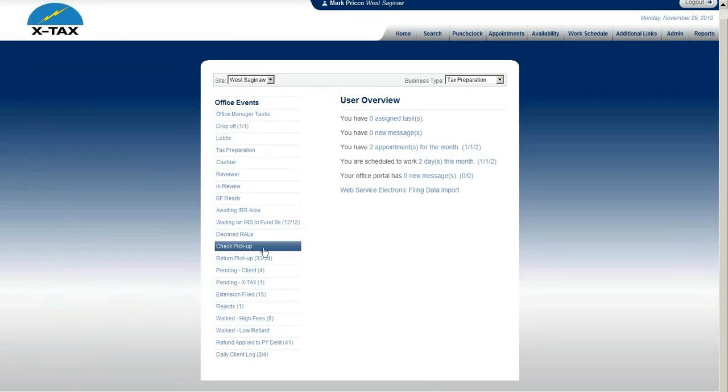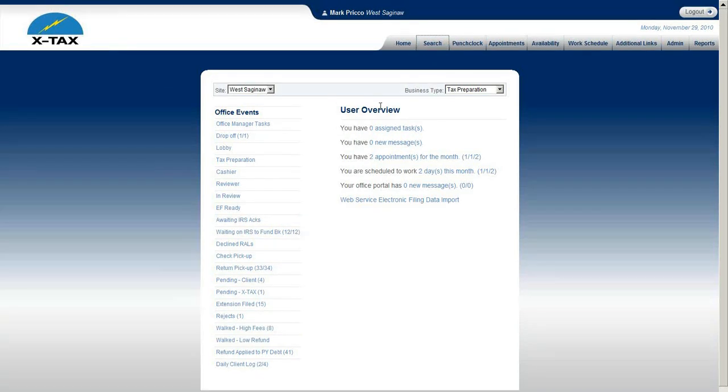As you see here, we have quite a few different office events, from pending. If you weren't able to complete the return, you could put it in pending, label it client pending, or if it's X-Tax pending, excuse me, which would be your tax office, maybe your tax office isn't able to complete the return for various reasons. If they filed an extension, if it was an IRS reject, if they got up and walked because they weren't happy with the refund or your fees. So we can track, as soon as they walk through that door, everything that happens to that client. So if I go back to Eric's file,